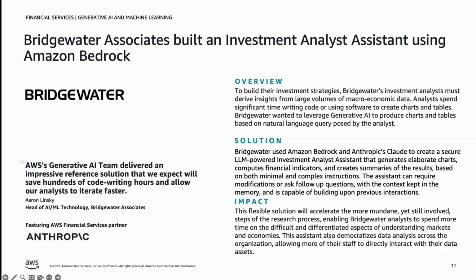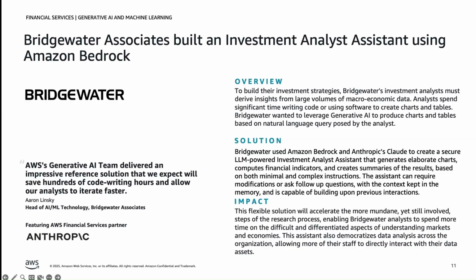And so typically they would write special purpose code to do that. And so they went on a mission to accelerate this task and have an agent actually do this on their behalf. And so they built an agent on top of Amazon Bedrock using Anthropic Claude that takes the input from the user, the natural language query or question, and goes to fetch the right level of data, generate the right code that is necessary to analyze the data, and on the fly create the visual to bring the insight to the analyst.